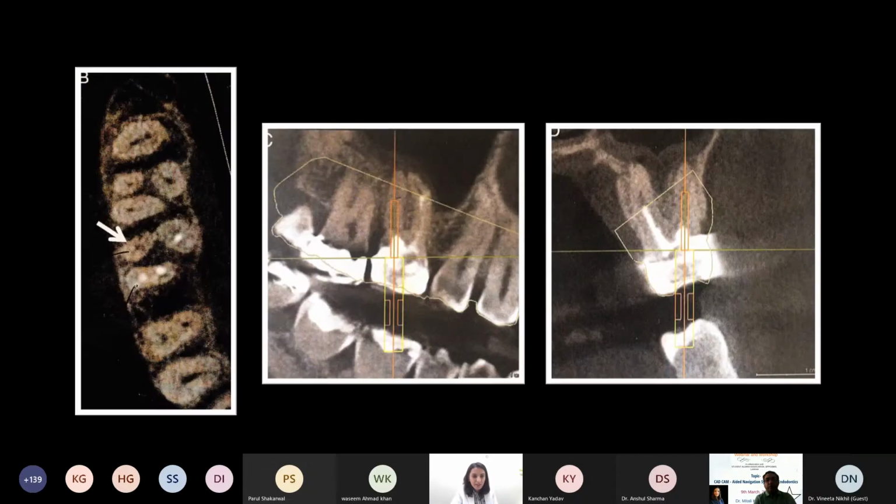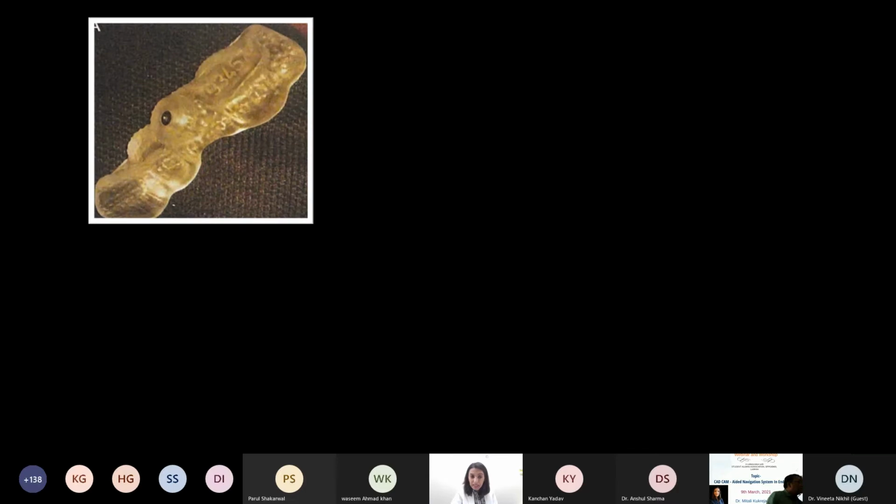On the CBCT, in the axial view, he found the canal. After finding the canal, he planned the virtual drill path. After creating the virtual drill path, he took an intraoral scan, superimposed both the CBCT and the intraoral scan, and created a guide, a template.